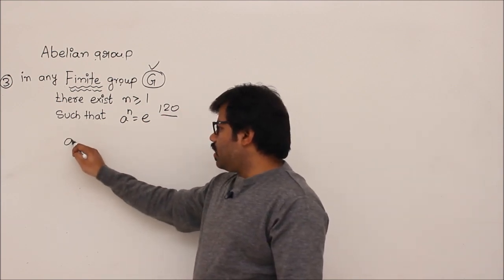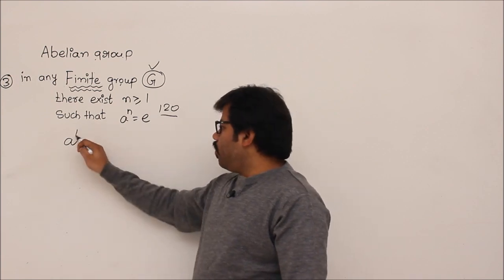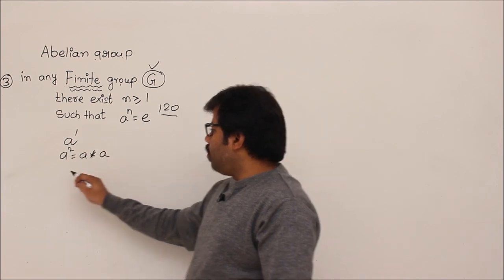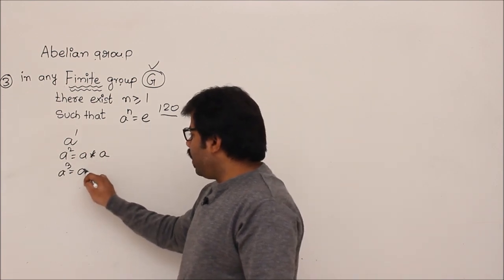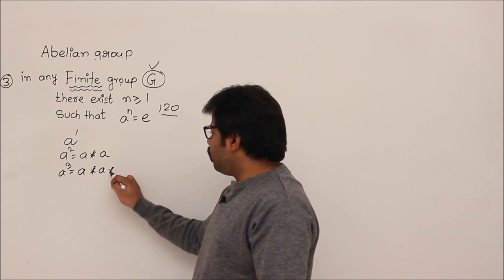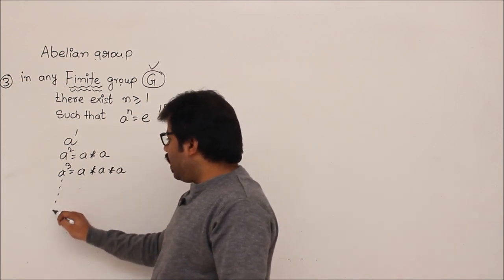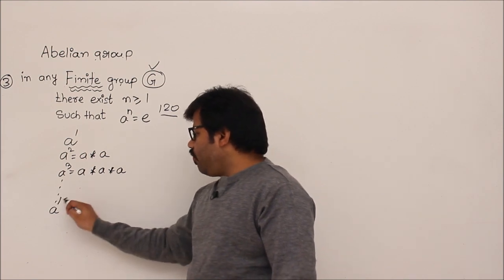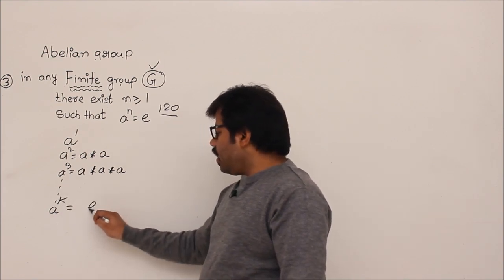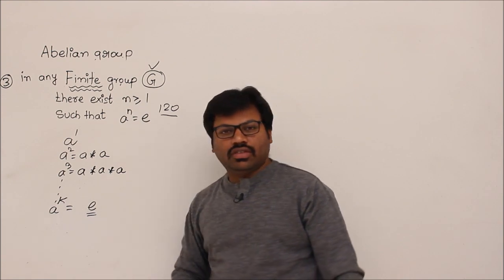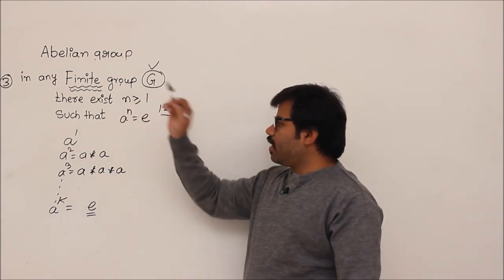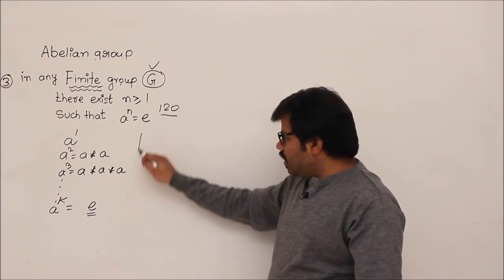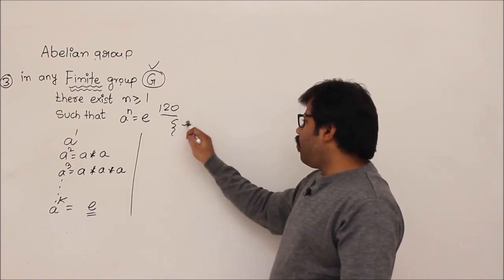You know that operation, let us try to apply that operation. So A power 1, A square means A star A. Okay, so A power 3 equals A star A star A. Let's say we keep on applying that one. So what is my wish is, if I apply A power k, suddenly I wish that E comes. If E comes, then we are correct. But how can you say that E doesn't come? If E doesn't come, let's say the elements in the group are finite, right?